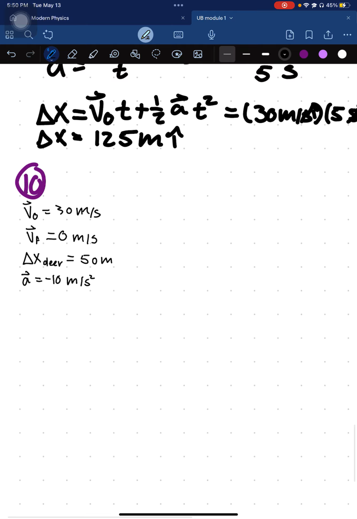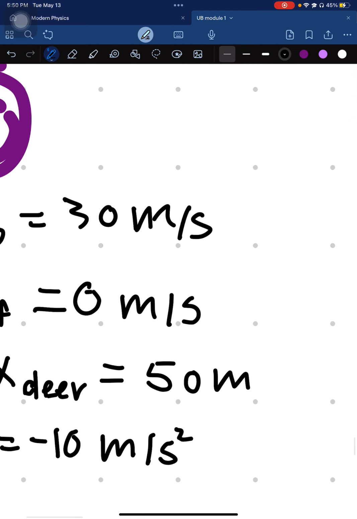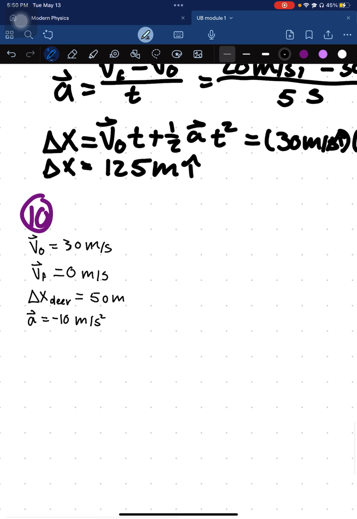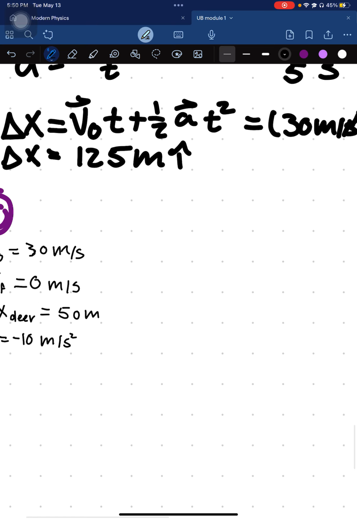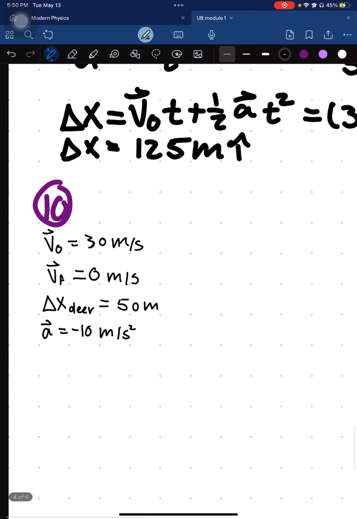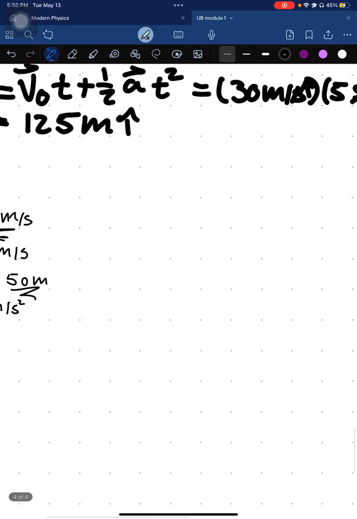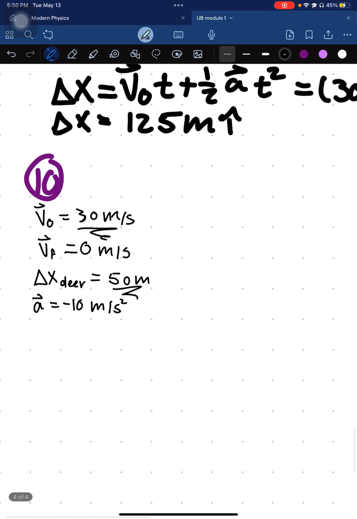So I know that in order to figure out this problem, I need to find, well, reaction time. I'm not going to be able to find the reaction time just from this because I need to know how long you have traveling at this velocity in order to stop in time for this. So what I need to do is I need to find the distance that the car can go before it can stop and then find the time it takes to travel that distance. So for this,